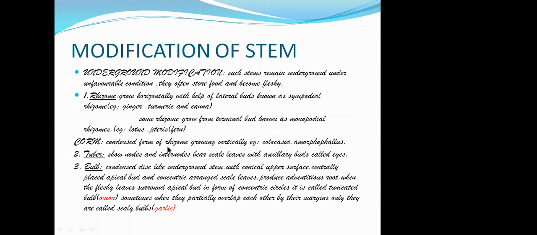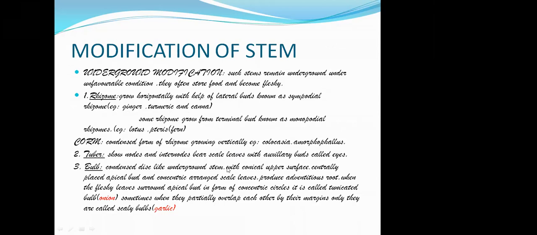Okay, what is corm? Corm is a condensed form of rhizome, ma'am. It grows vertically. Corm is different from rhizome because corm is the fused form of the rhizome type. You cannot segregate it as you segregate ginger and all. Rhizomes mainly grow laterally down in the earth, but in corm you can see that they grow vertically. Colocasia is a very good example for corm.